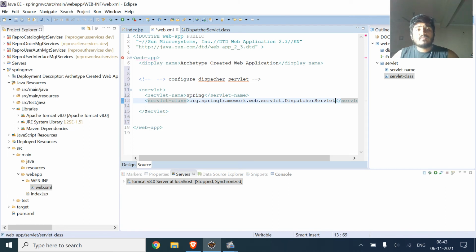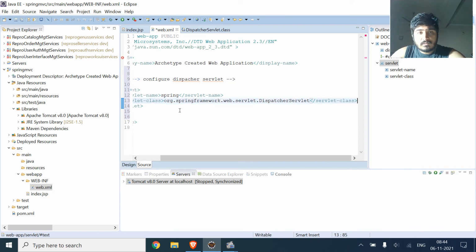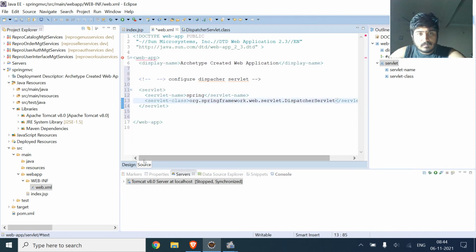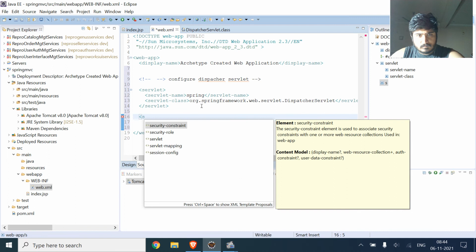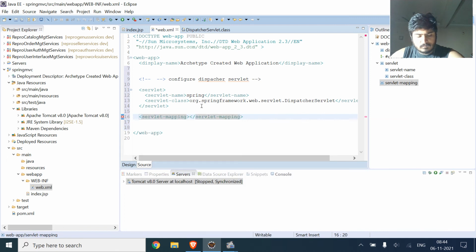Now we have to proceed towards the mapping. So for that we will give servlet mapping tag. URL pattern.